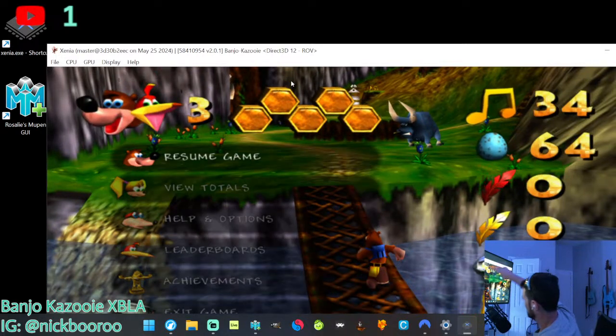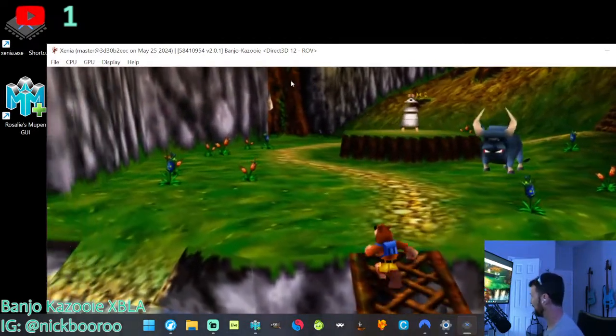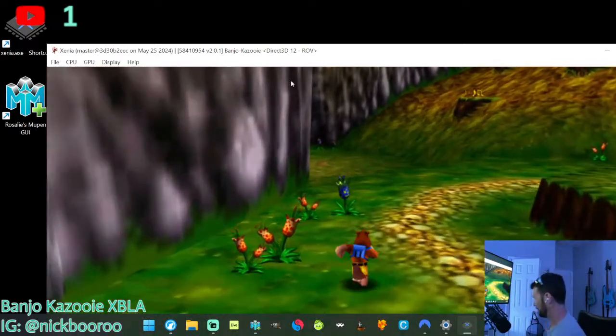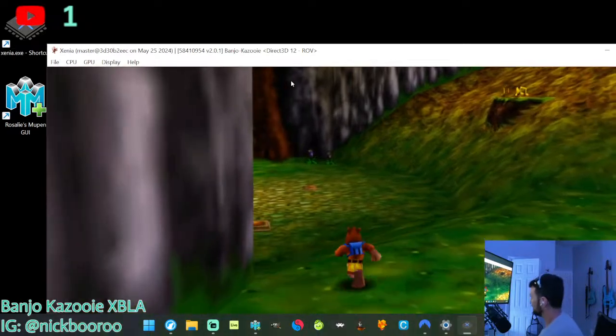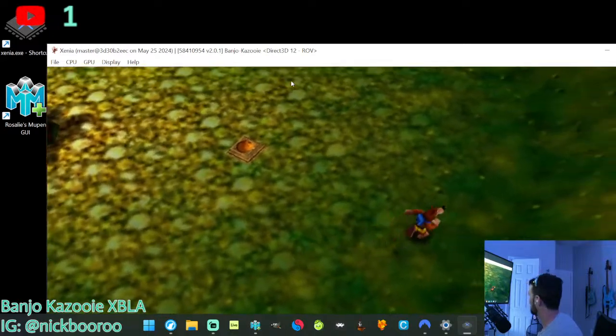Basically these assets that you see here had to be cleaned up from scratch by the developers. There's no way to really upsample this from the N64 to something that looks good. It would just have to be redone like they did here. And that's pretty much the main reason I say the Xbox Live Arcade versions are the definitive way to play Banjo-Kazooie. But this is the only emulator that I'm aware of that runs these games, and